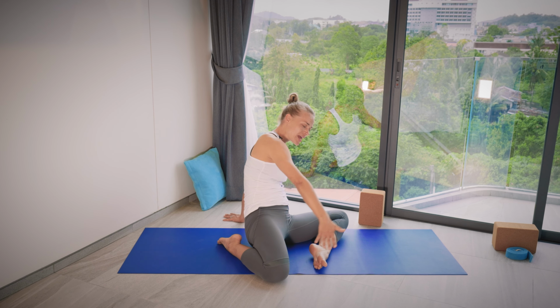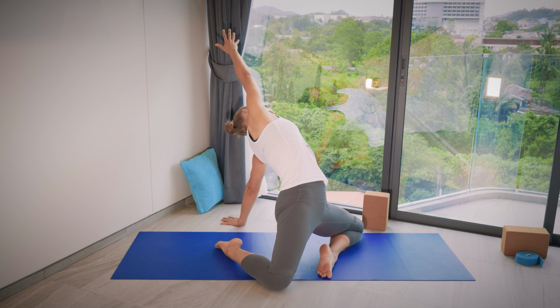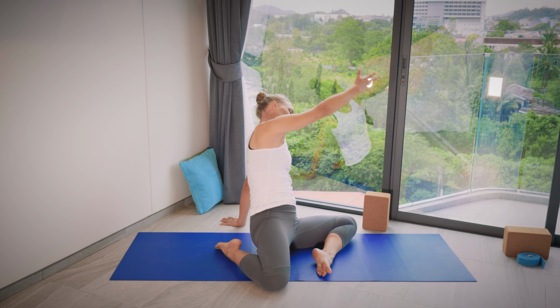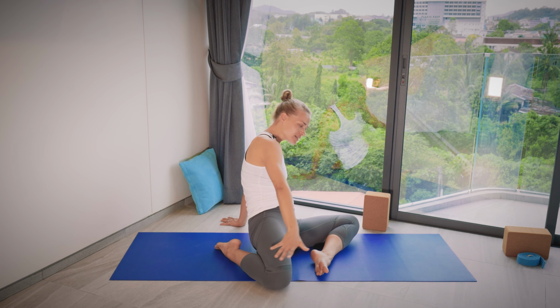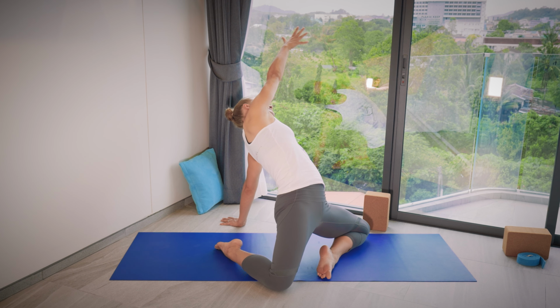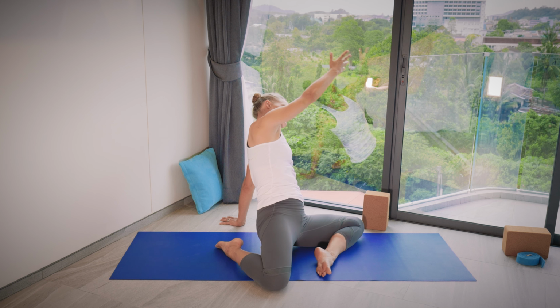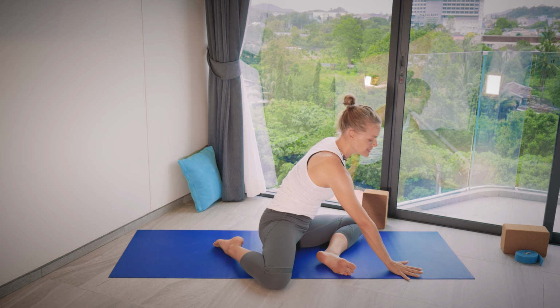Second round, same thing. Inhale, lift the pelvis up. And you can reach the right arm away from your right knee. So opening the front of the right leg, the left shin pressing down. And exhale again. Release the pelvis, release the arm back down. Once more. Inhale, lift the pelvis up. Opening through the front. And exhale, release down. And we're going to keep legs in this deer shape and step hands in front of